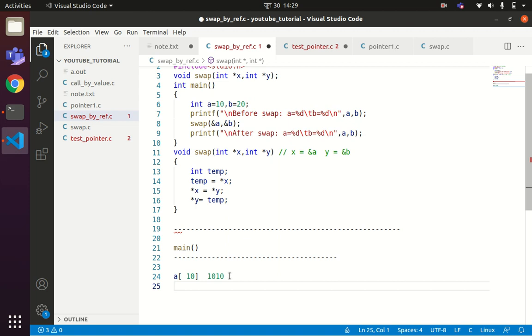We will have another variable b, with value 20, and let us say the address of variable b is 1012. Now we have another function, swap, also here. So let us create the memory mapping of swap.